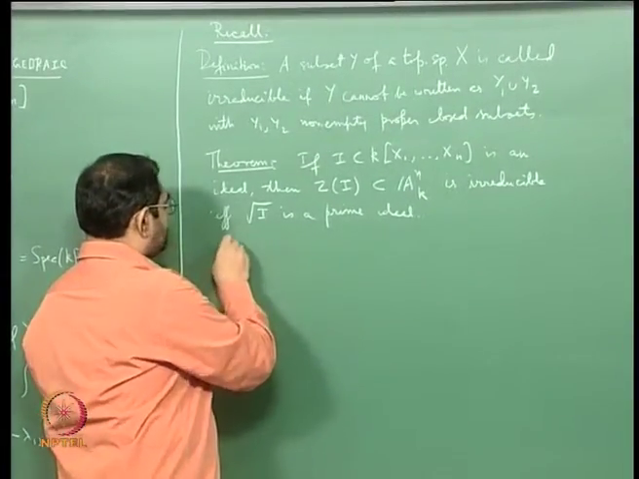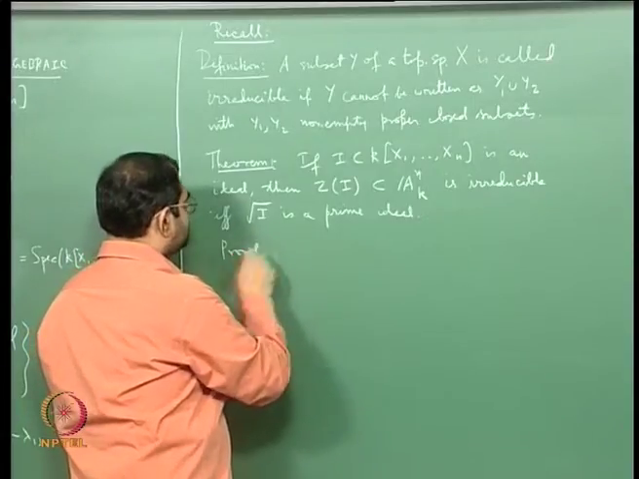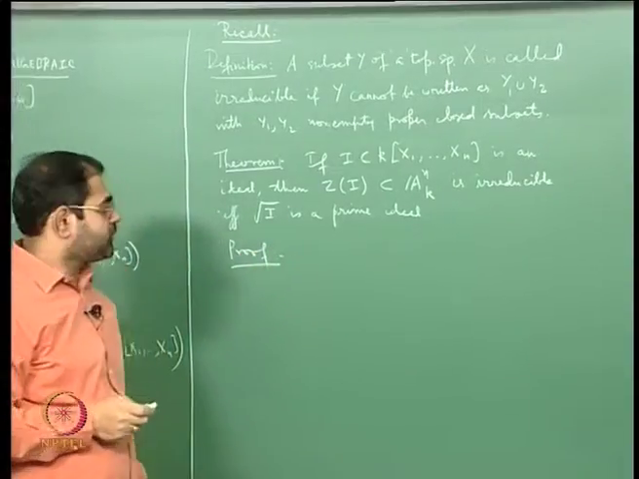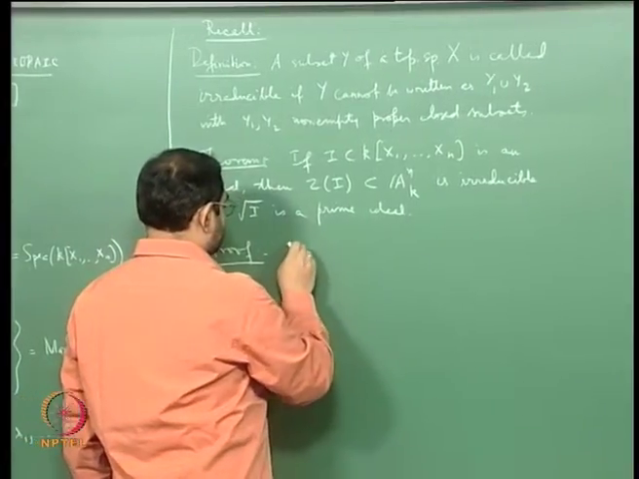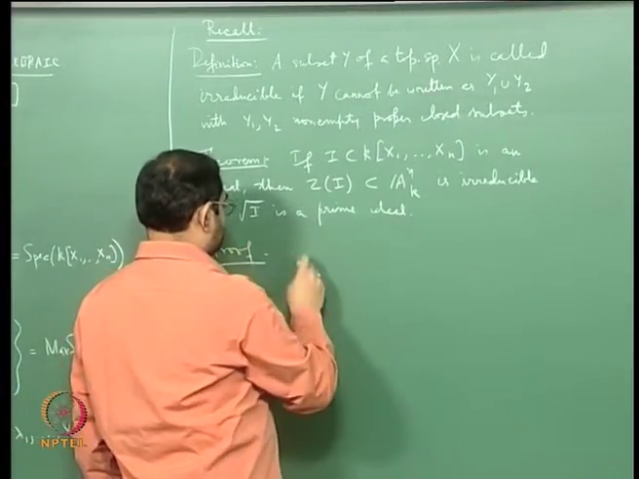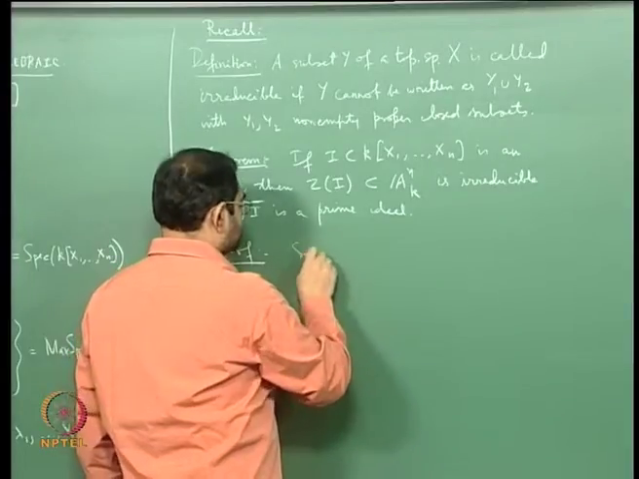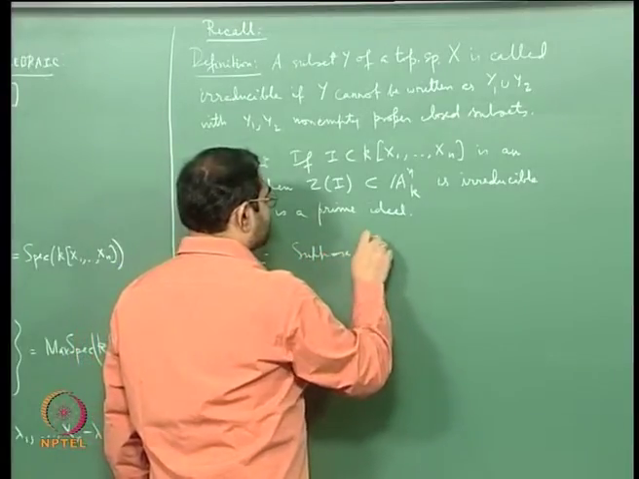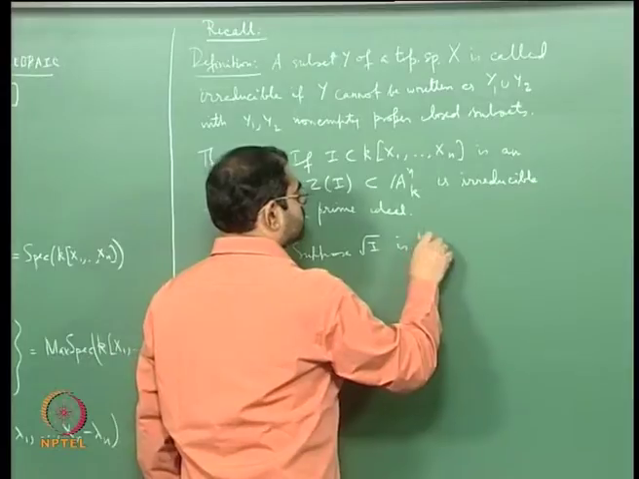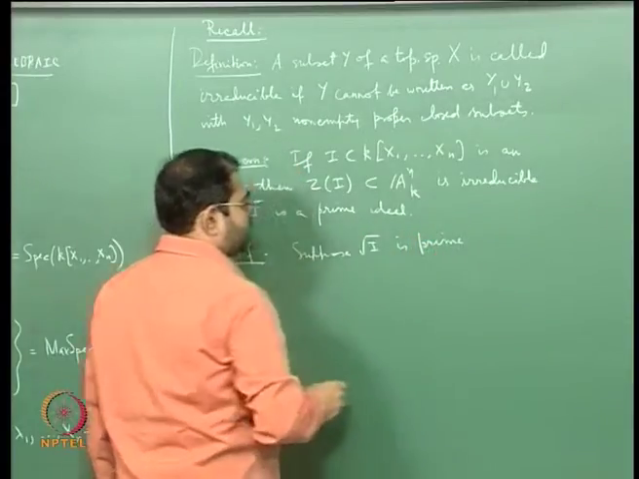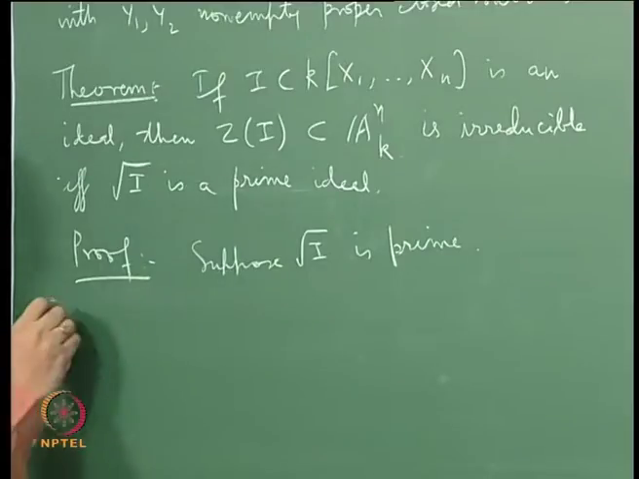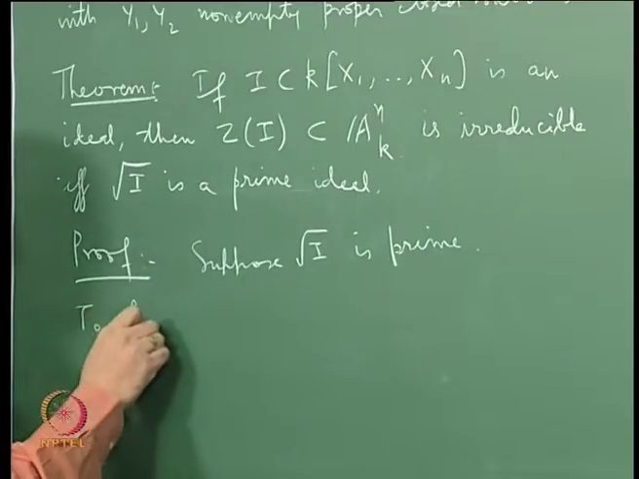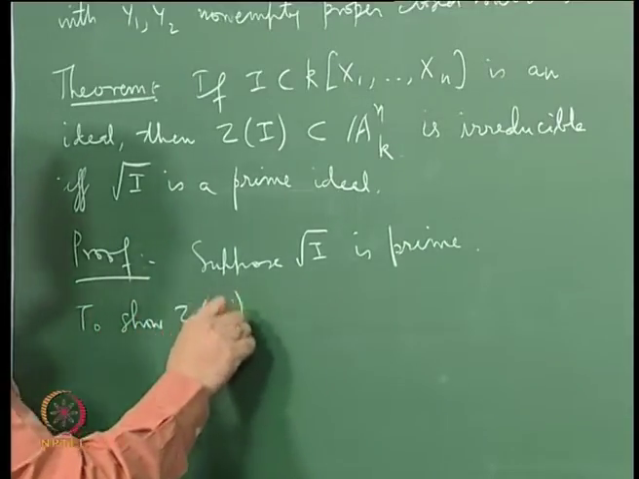So the proof is quite straightforward. Let's do both ways. Let's begin by assuming the radical of I is prime. Suppose radical of I is prime. What do I have to prove? I have to prove Z of I is irreducible. To show Z of I is irreducible,